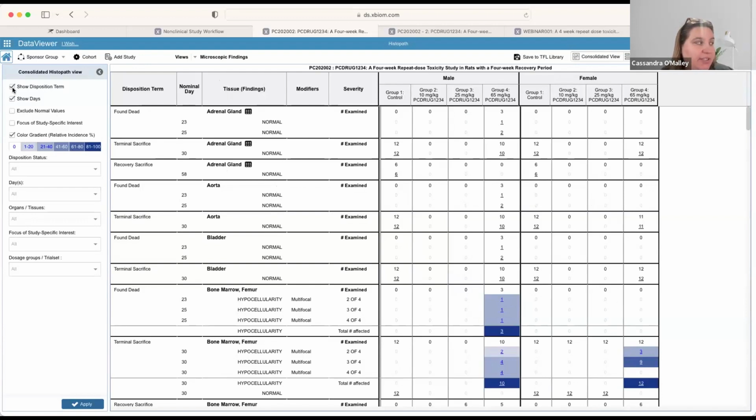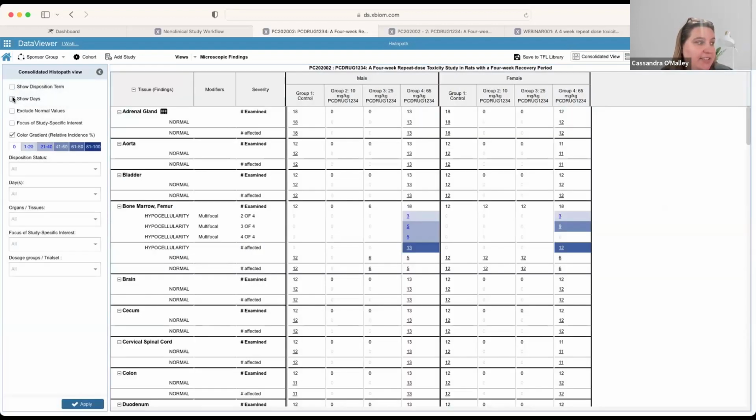I'm going to unclick the disposition term and the days, and this way all of our findings are together regardless of their disposition term or day. All group 4 subjects are with group 4 subjects. Xybion has a color gradient that's built in to make QC easier and pick out where findings occur at a higher incidence. Once we evaluate all these subjects together by removing the disposition term and day, we can see that